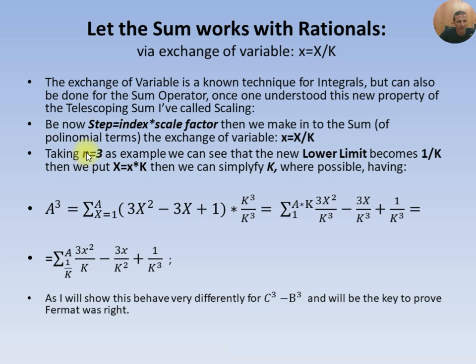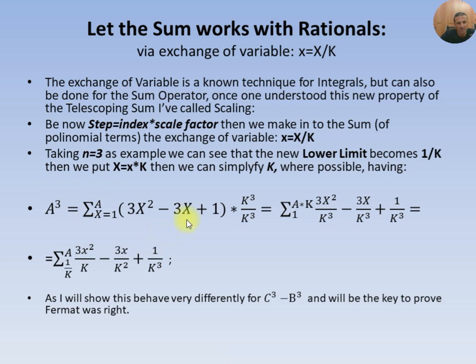So taking n equal to 3 as an example, but of course, as I've shown, this is just an example of the general rules for power I have already shown you. So what changes here is that we have a new lower limit, which becomes 1 over k, and then putting into the sum uppercase X equal to x by k, then we can simplify k where possible, having the sum from